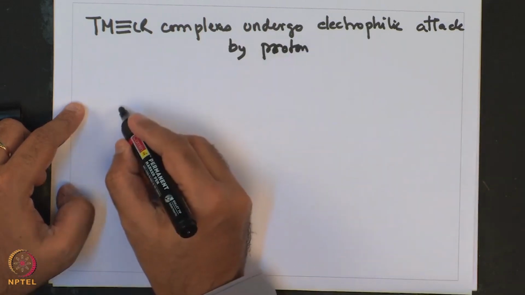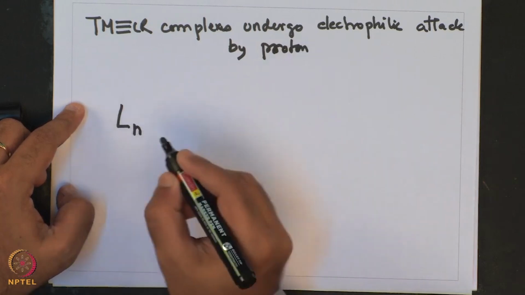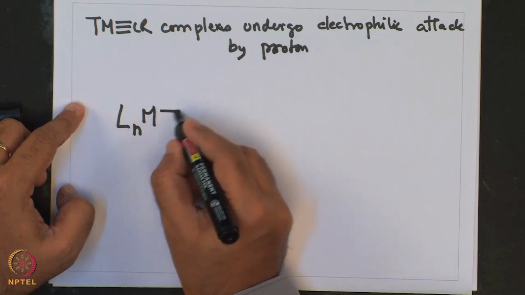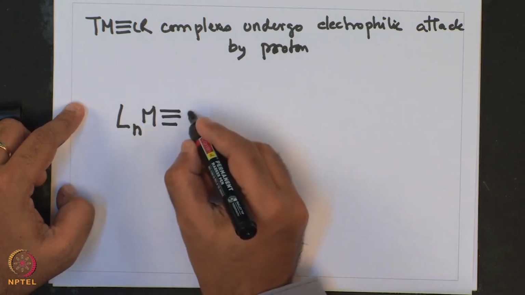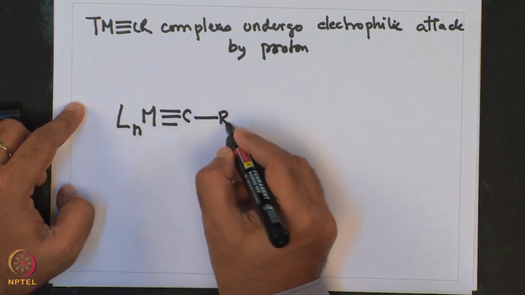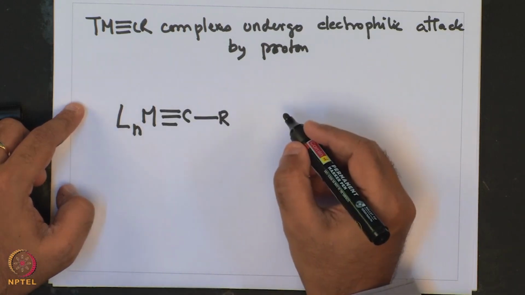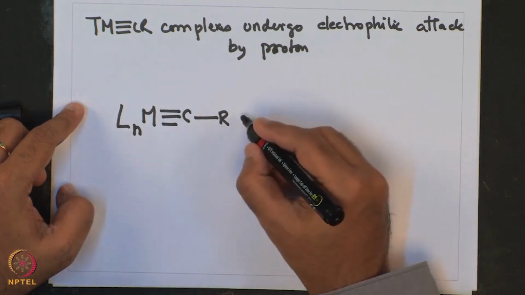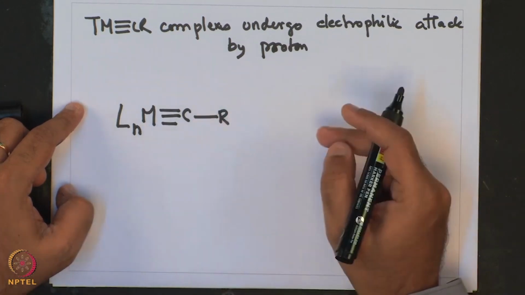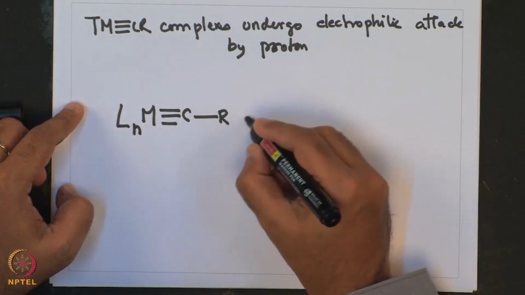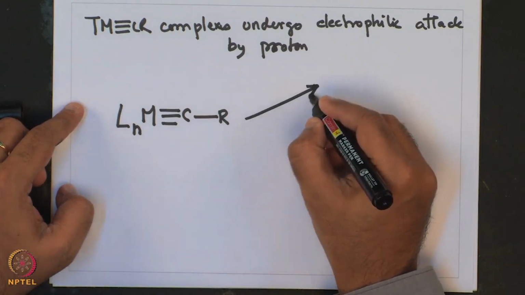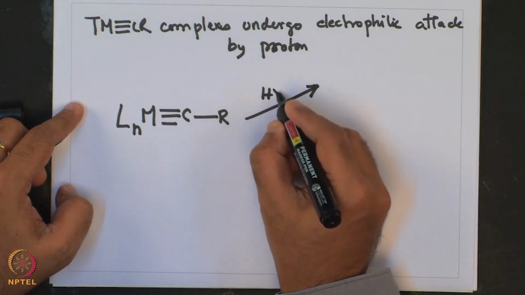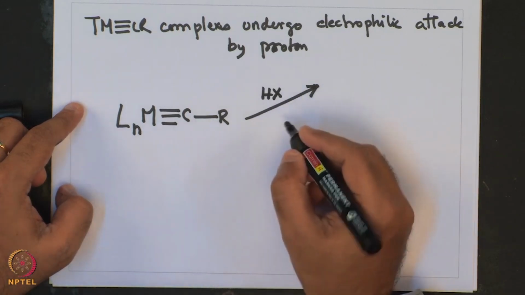And this can be explained by this reaction, L n M C R. Now, the attack can happen at carbon or at metal. So, when it reacts with HX, that leads to